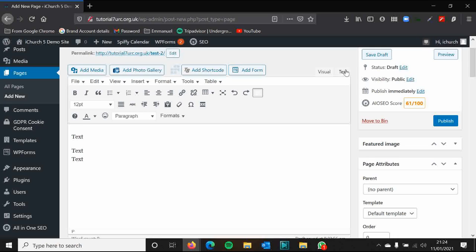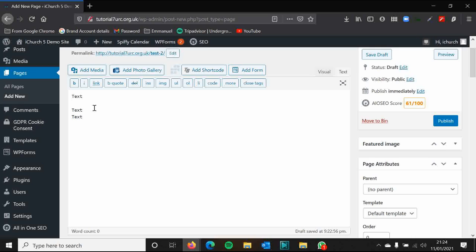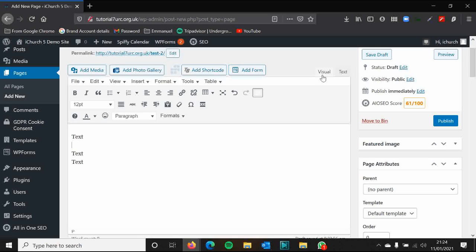So if I went onto that, as you can see at the moment, there's not much difference. But on your average page with images and with text being aligned in different places, this will look a bit more complex than what it does look like at the moment. So that is a pre-warning, and of course we are into the iChurch advanced section, so don't worry if this gets a bit too complicated for you. But you'll see on the visual side,